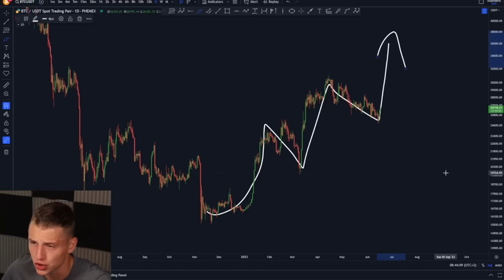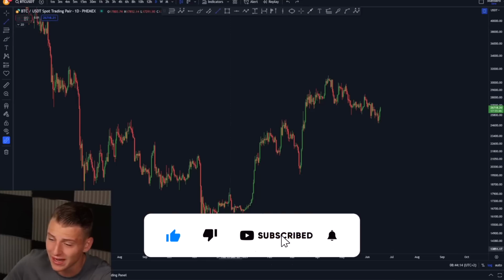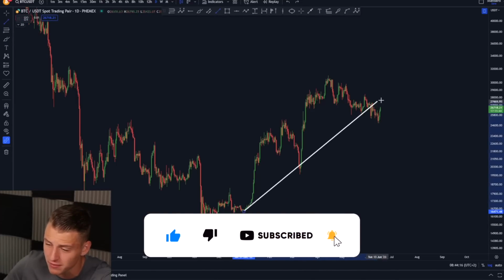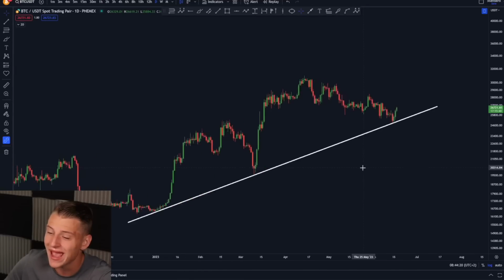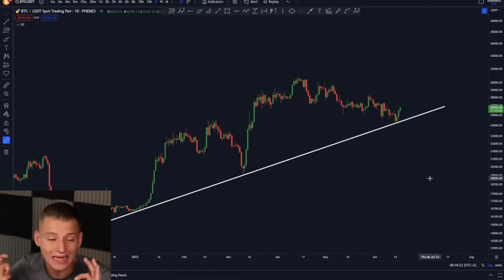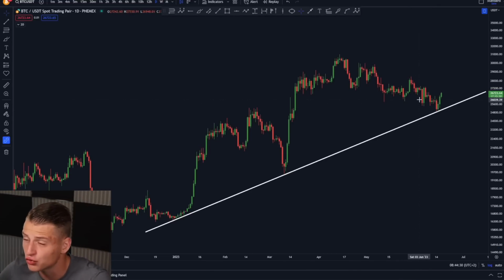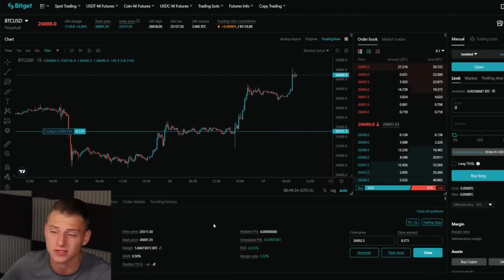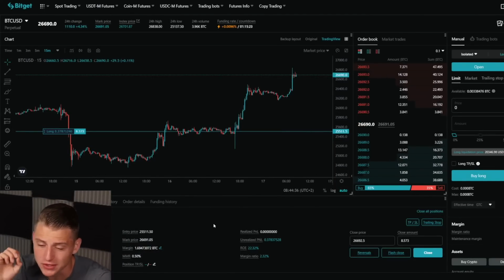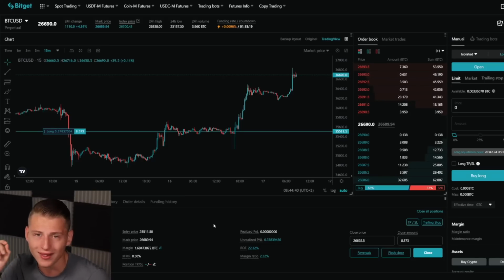That is the real question we should be answering, and I personally do expect that this trend can still continue. If you're looking at the daily time frame and drawing this upward sloping support line right here, you can clearly see that we bounced exactly off this support line we were watching. I've talked about it while we were literally trading on this level, and I added approximately 80,000 US dollars to my Bitcoin long position once Bitcoin was sitting around that level, and currently I am long with 230,000